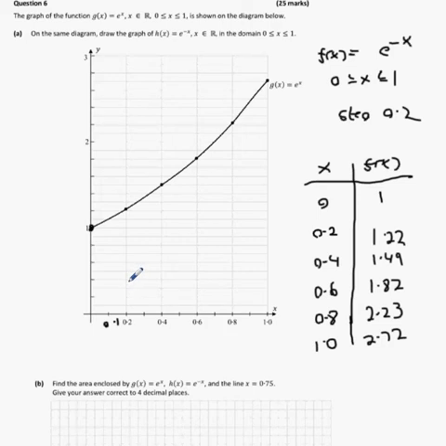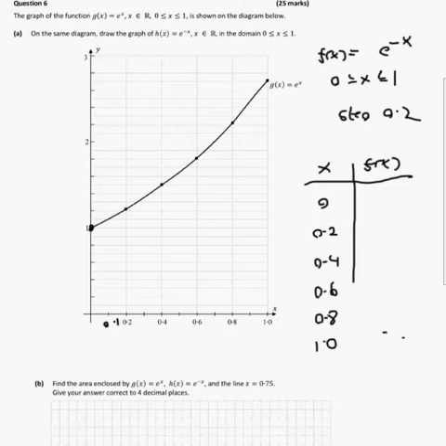No, actually, as it turns out, stupid me, that's actually for e to the x. That's actually not for e to the power minus x. So we have the wrong points actually. Go again. All right. So once again, we enter this into the calculator, and the points we should get are